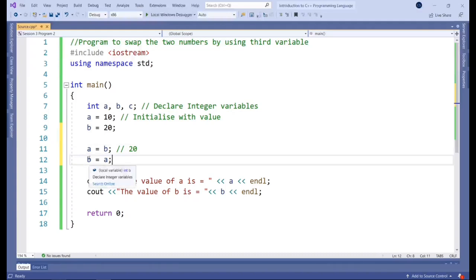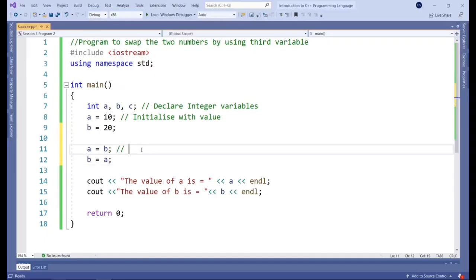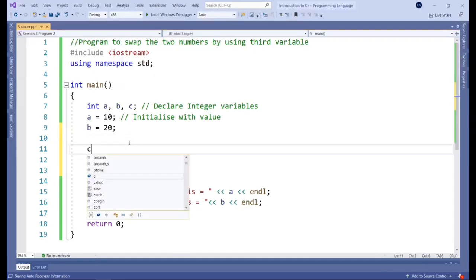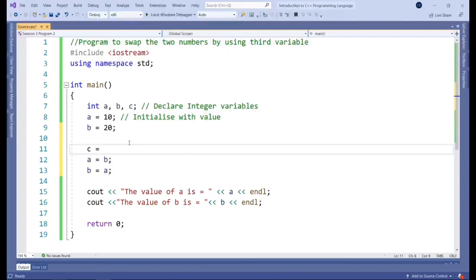And then when you go ahead on the second line and copy the value of A, the value of A will be 20, right? So then B will end up being 20 as well. So to get around that, what we can do is use a third variable, which is C. So we can say C is equal to A, okay?